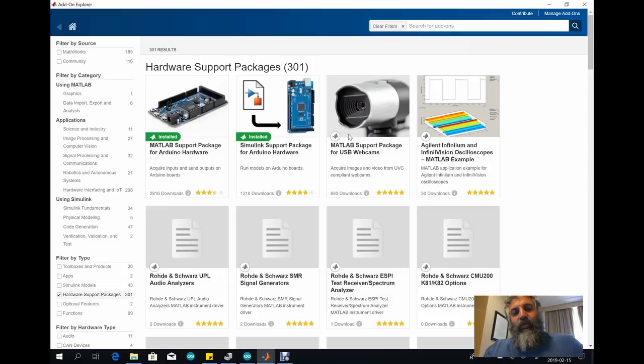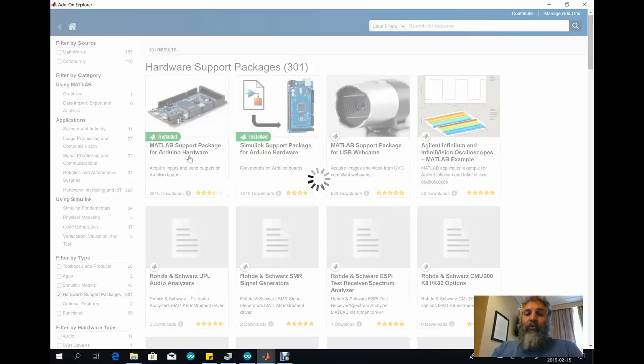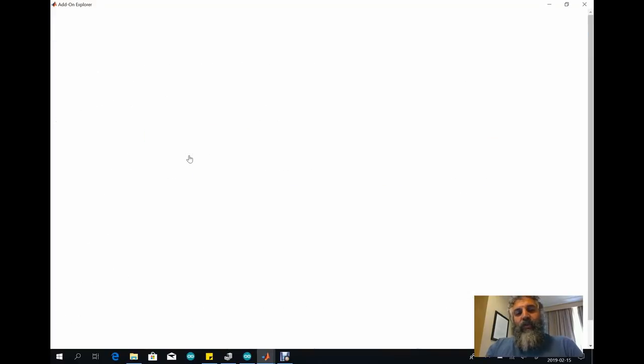So here you see that I already have installed the MATLAB support for Arduino and Simulink support for Arduino. And both of them are interesting because they do a bit of a different thing. The MATLAB support for Arduino hardware allows you to tether the board and read the data inside your programs, while Simulink allows you to write code in the form of blocks and upload it to the boards. So I'm gonna first check out the